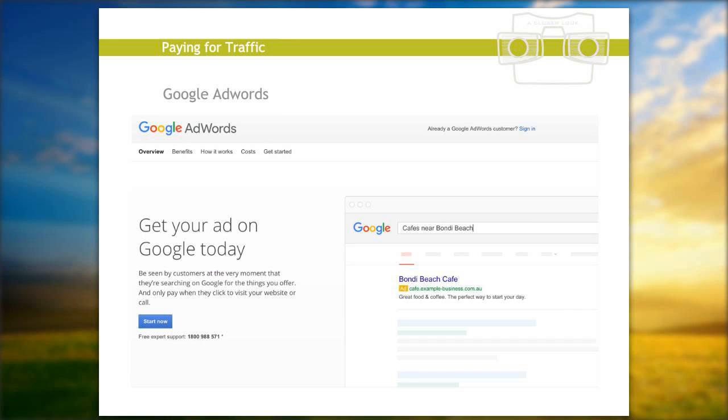So to do that, you need to go to Google AdWords. I'll just see in the chat box if either of you have paid for any kind of advertising, whether it's Google or Facebook, in the past. I can't see anything there.